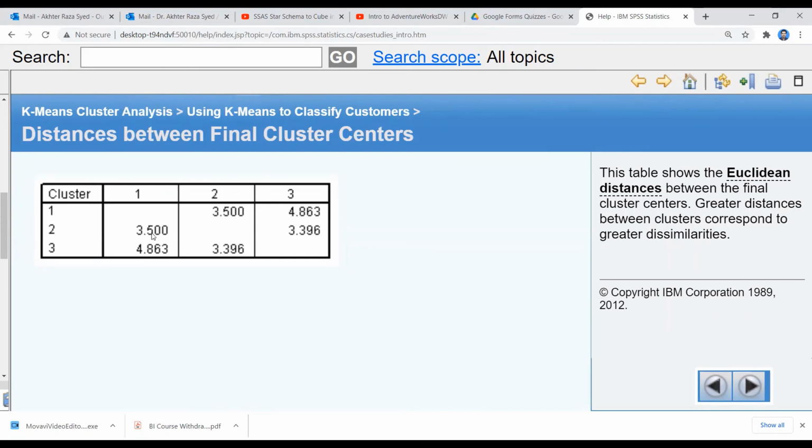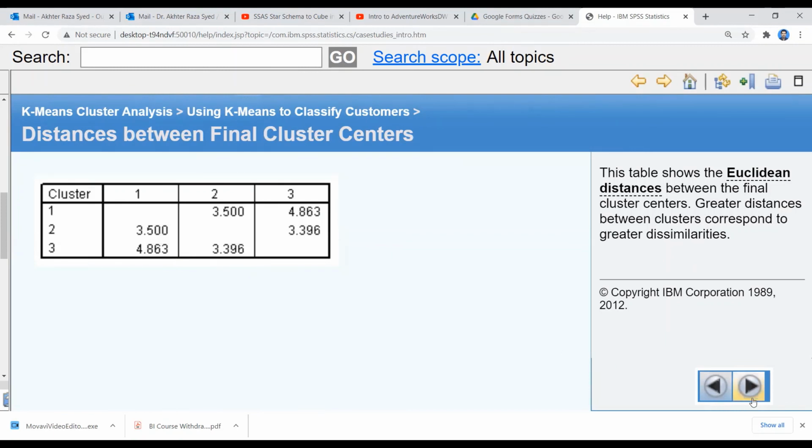But between cluster number 1 and cluster number 3, we have a smaller distance, so less dissimilarity between 1 and 3. Between 3 and 1 and between 3 and 2, we have a large dissimilarity.